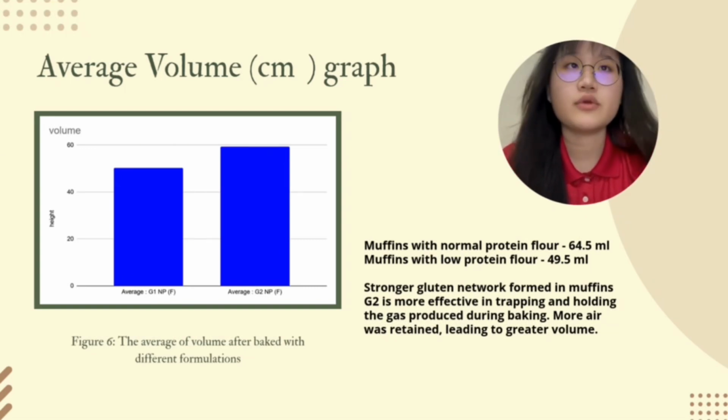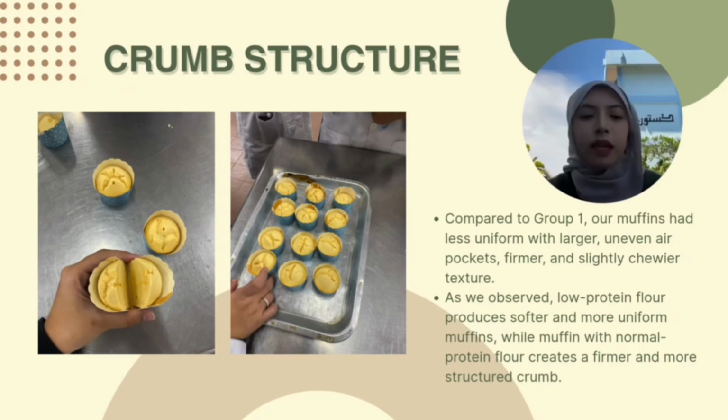As a result, more air was retained, leading to greater volume, while the weaker gluten structure in low-protein muffins allowed the air to escape more easily, resulting in a finer but smaller crown with less overall expansion. In this case study, Group 1 served as the control and used low-protein flour, while my group, Group 2, used